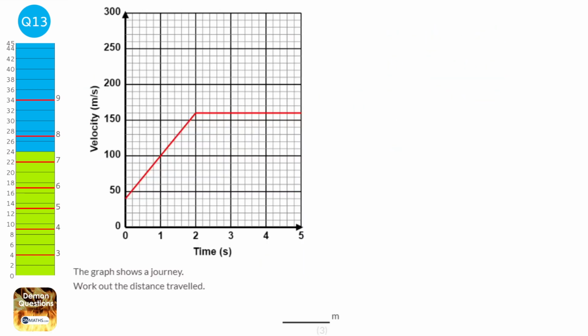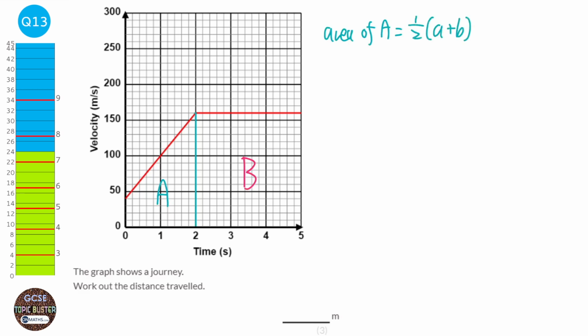To find the distance or displacement on a velocity time graph, we're actually going to find the area underneath the graph. And to do that, we're going to split the graph into two. We've got the trapezium on the left-hand side, and we've got this rectangle on the right-hand side. So to work out the area of the trapezium, we're going to do half a plus b times the height,